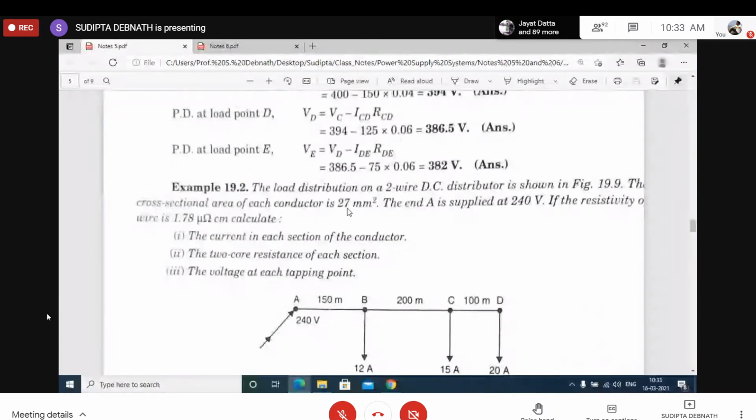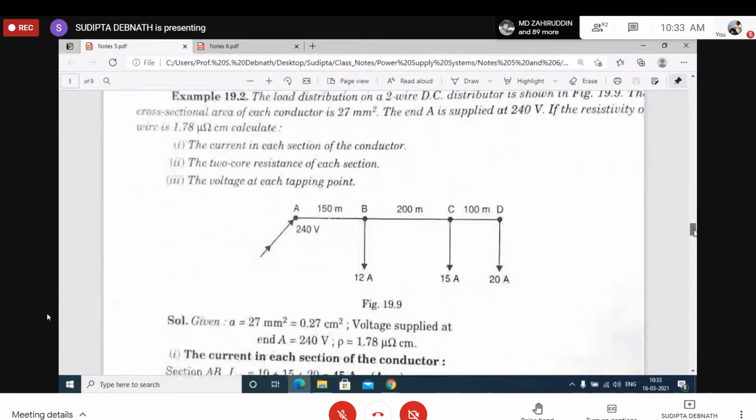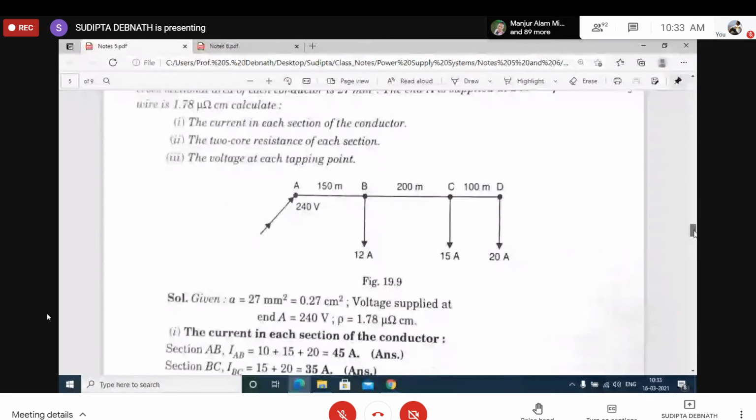Okay, so in this way you find the resistance of different sections, and you have to multiply it by 2 because 150 meter for the go wire, another 150 meter will be there for the return wire because this load is connected somewhere. Okay, so see what they have done. They have first found out the total loading. What will be the loading here? 12 plus 15 plus 20. So it is 45 here. Here 20 plus 15, 35, and here 20. So they have found the different